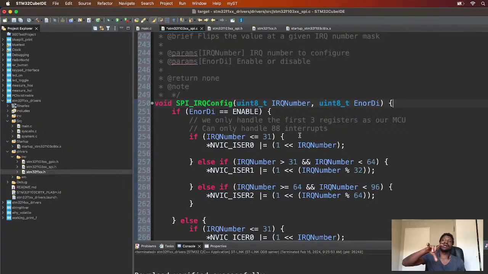So we need to find out which set enable register to use. They are 32-bit registers. We find this out by calculating it from the interrupt number. When we get an interrupt number, we find out on which register it is, and then on that register,